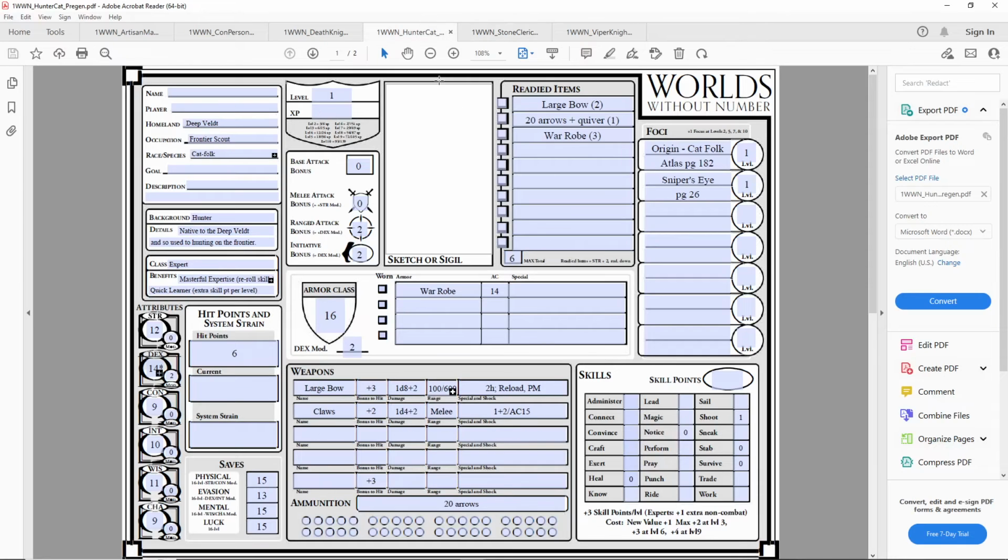Okay, so let's move on to the Frontier Scout Hunter Cat. This is a character that does leverage content from the Atlas of Latter Earth, which means that there is some paid book content associated with this character, but it is really just the origin focus for being an anthropomorphic cat person, cat folk. And the Atlas does list a number of different animals